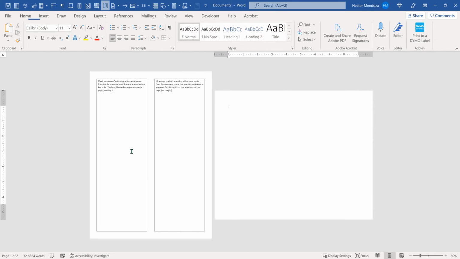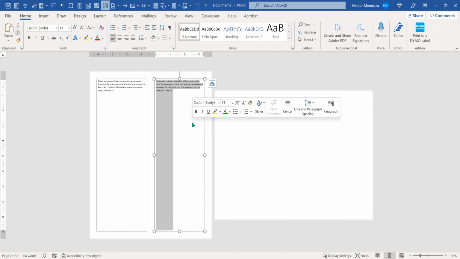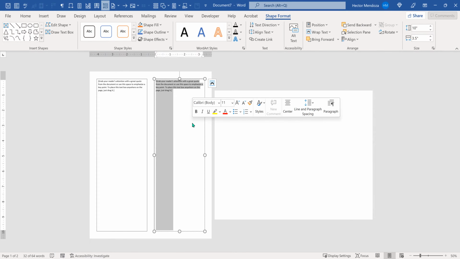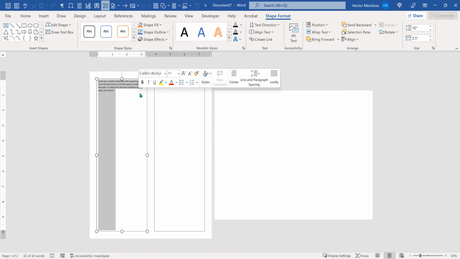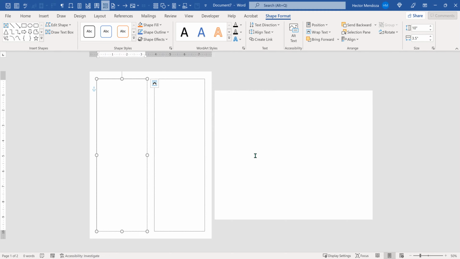Now that gives me 2 columns that are equally the same, and it gives me 1/2 inch, 1/2 inch, and 1/2 inch, 1/2 inch, 1/2 inch. So I'm going to delete the text, because I'm going to link all that stuff together. Now on this other page,